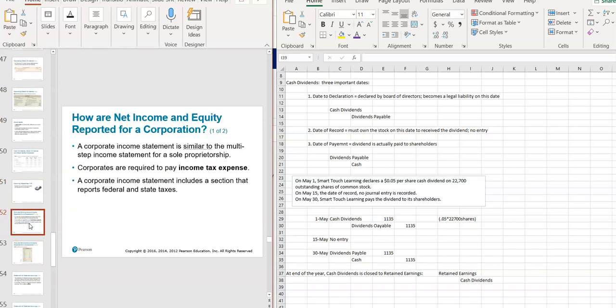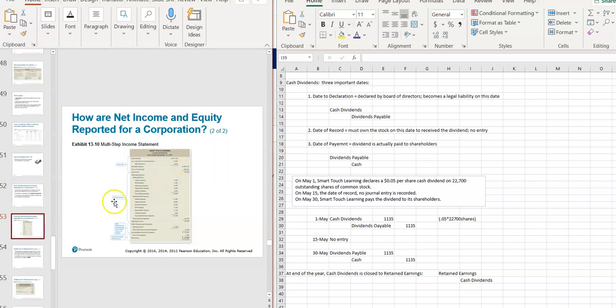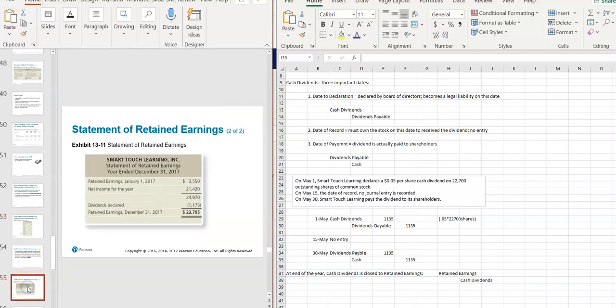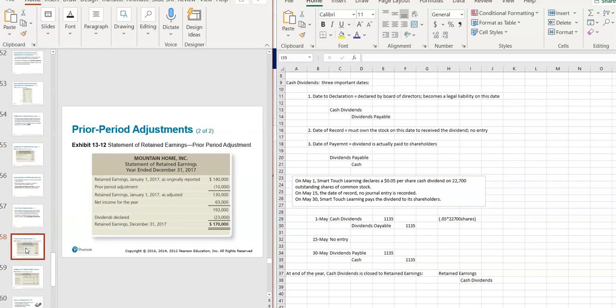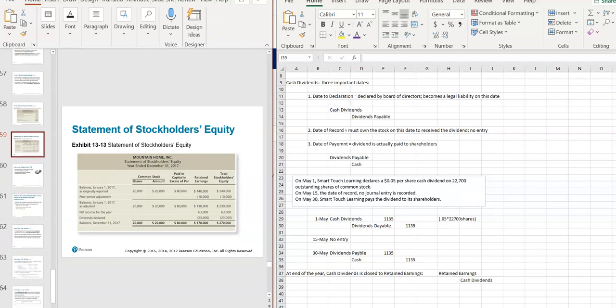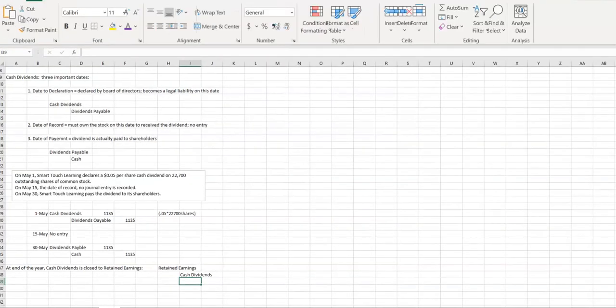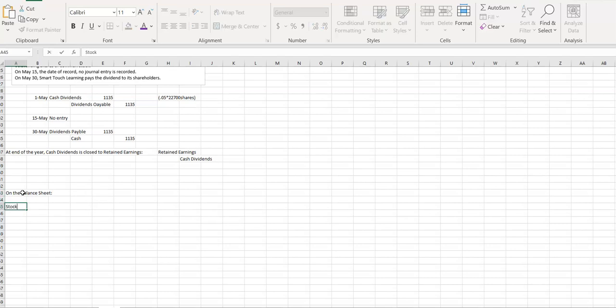All right, I think the last thing is just looking at the equity section a little more in detail. All right, so with the statement of retained earnings that we've done all along, it's still the beginning balance plus net income minus dividends. But you need to remember in the equity section, where's our equity section? You know what? I'm just going to come over here and do it. In our equity section, on the balance sheet for stockholder equity,